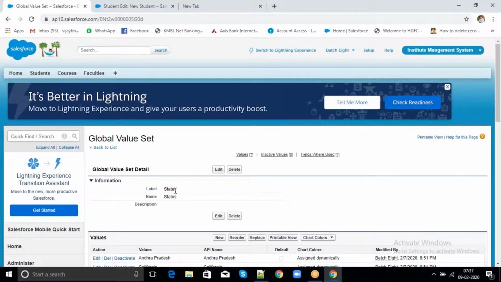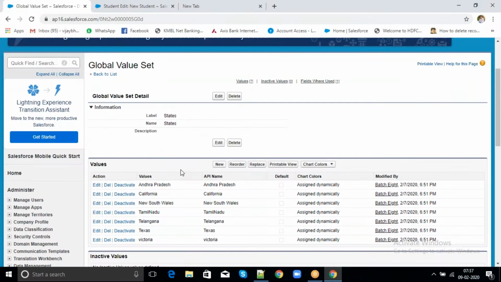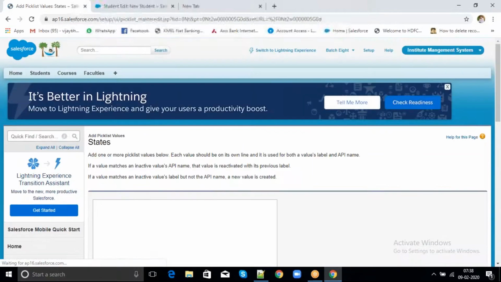The global value set, states. Because we didn't select the second option while creating the field, we selected the first option. So the same options, we can activate, deactivate, reorder, replace, printable view, and add the values here.